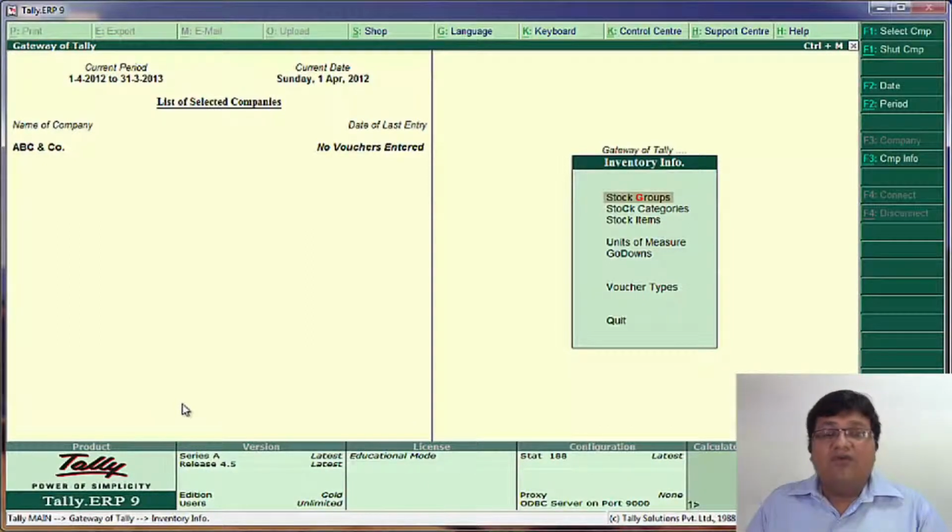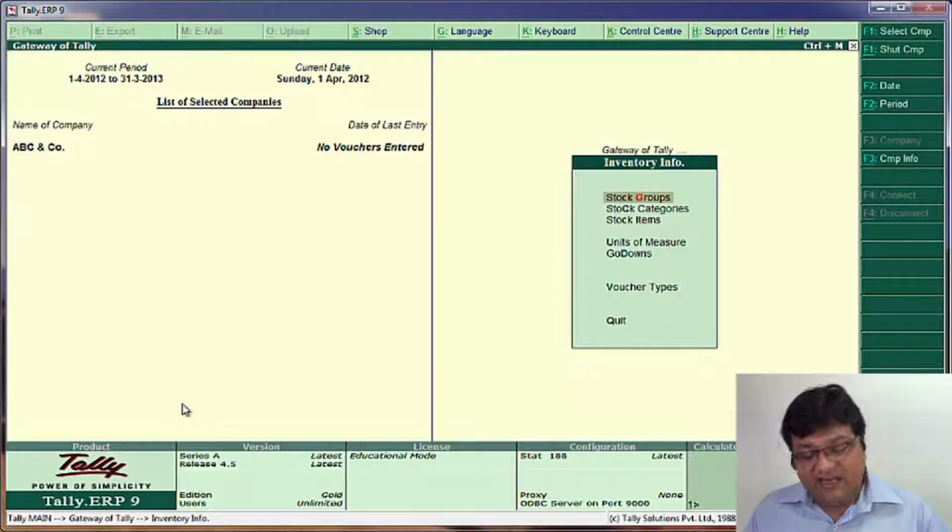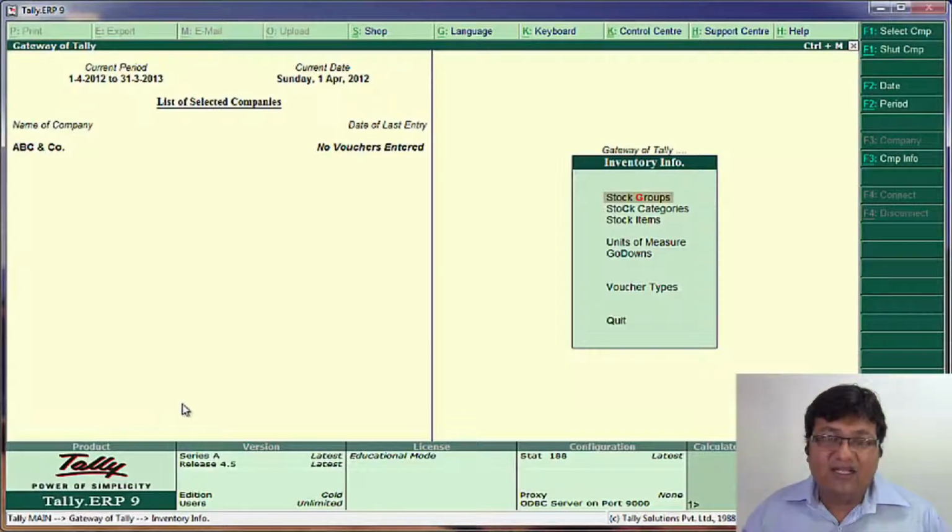Okay. Now, what are stock categories then? Is it important? Yes, stock category is also important, because let's say you require a different level of categorization for your stock items. Like I gave an example that there are 29-inch and 32-inch LCD TVs. You may want to create them as stock items, or you may want to create them as different categories, because a 29-inch LCD TV could be available with other brands also, right? So in such a case, you may want to do a comparison between Sony and some other brand's 29-inch LCD TV. This could be because it may be offering different prices, it may be offering different types of discounts, right?